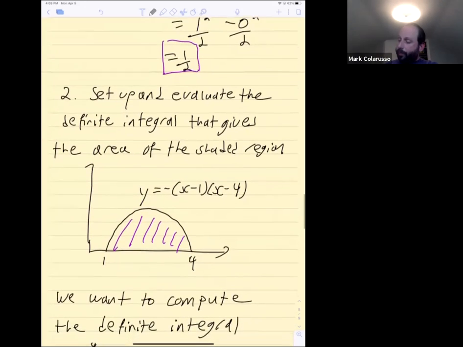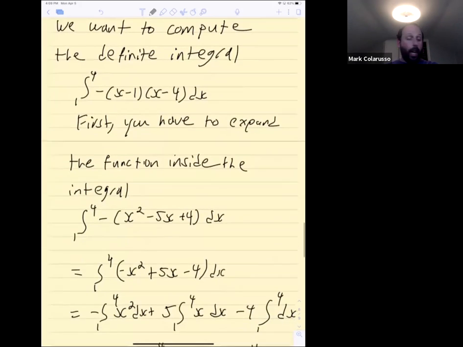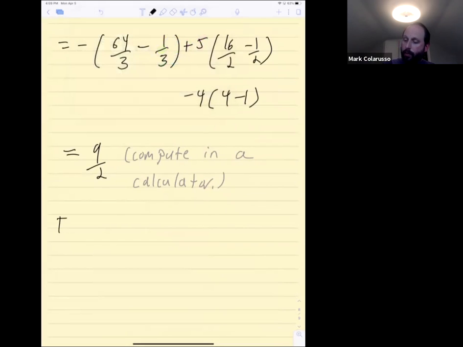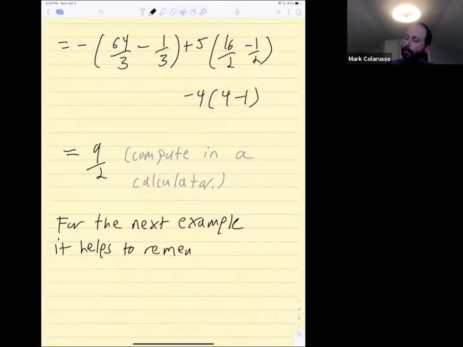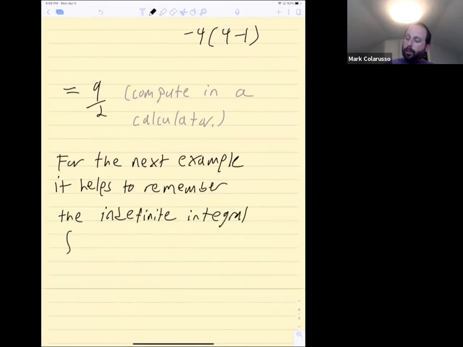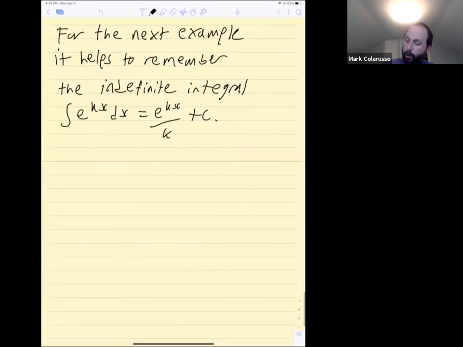Okay, so let us do something that you actually have to do using calculus. For the next example, it helps to remember the indefinite integral. So the integral of e to the kx dx is e to the kx over k plus c. So in other words, in particular,